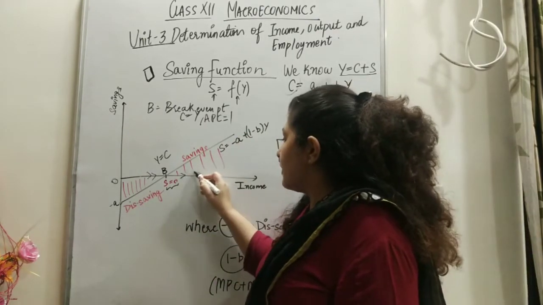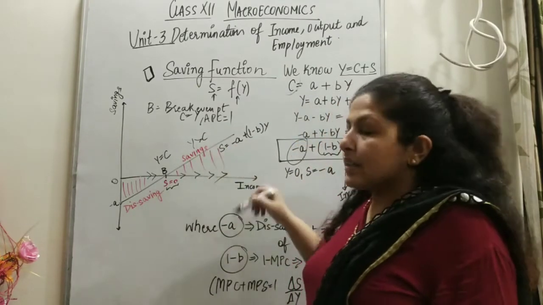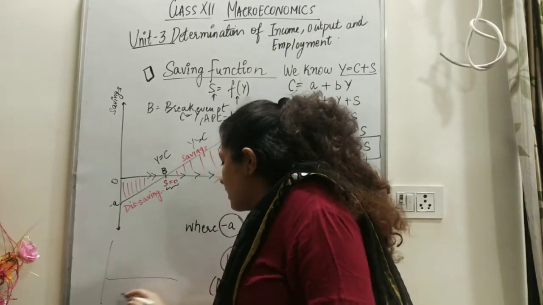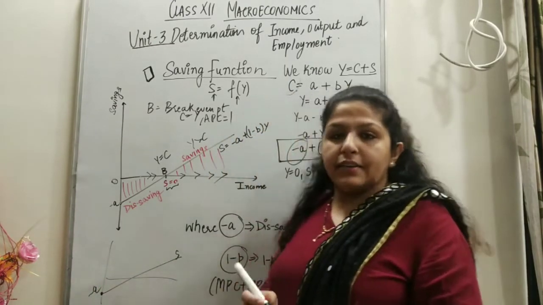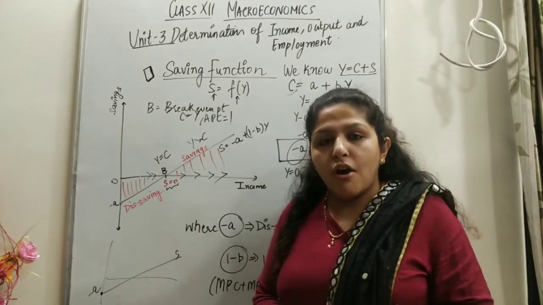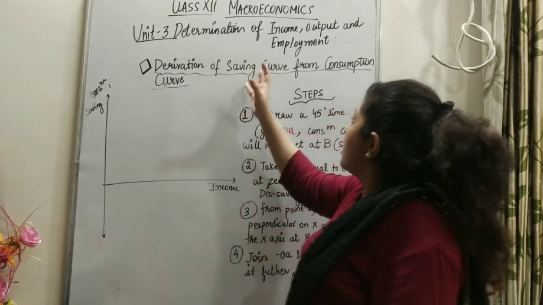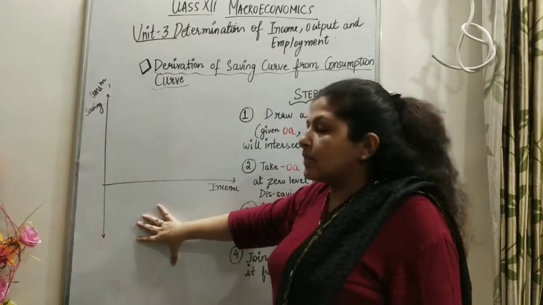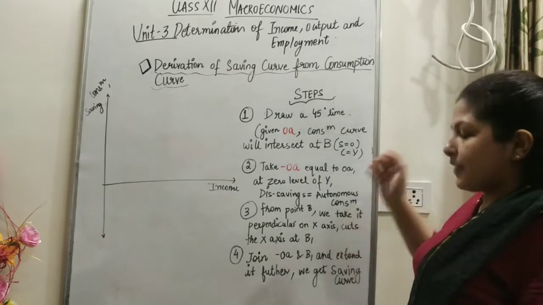Moving further, when income rises, I will start saving, because my income will be more than consumption. In this case, the shaded portion to the right hand side of B will be savings. So the saving curve is an upward sloping curve originating from the negative axis. I hope I have made you understand the saving function. Let's know the derivation of the saving curve from the consumption curve. Students, let's derive the saving curve from the consumption curve, right? Basically we'll make the consumption curve first, and then we will make the saving curve so that the derivation is possible. As we've written the steps also, we'll derive at the same time.